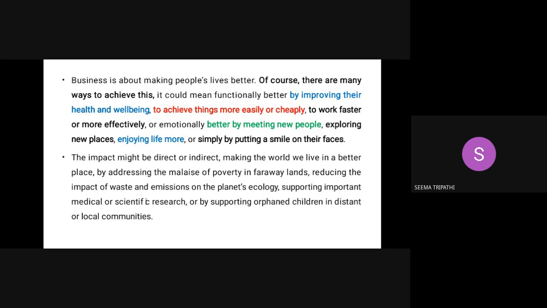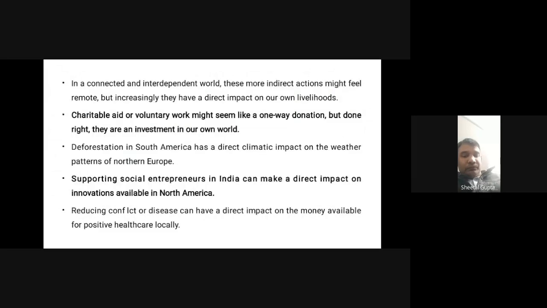Clear? Or you have to, which I have mentioned in the last slide, that we have to take care, that we have to incline with charitable organizations. We have to incline with NGOs. Clear? We have to support the people of cause, or people for the cause, my dear. We have to reduce the conflict. People are doing it, my dear. People are doing it. Clear?